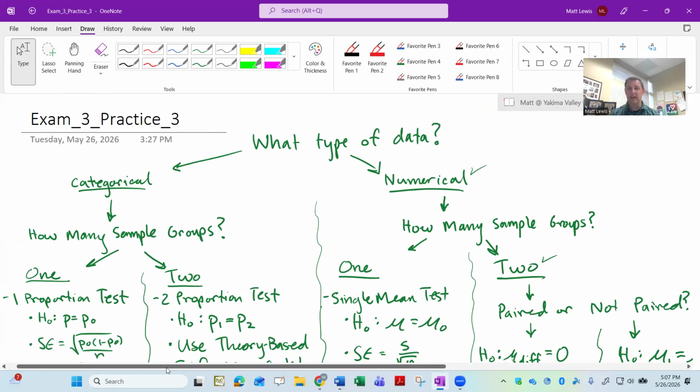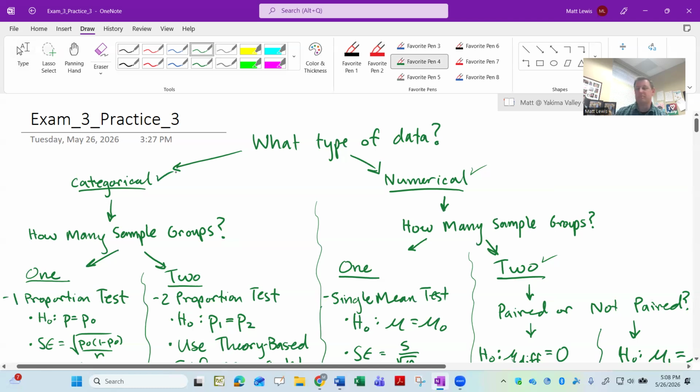So what type of data has been collected? I've got the clipboard. I'm interviewing people, or collecting data on people about poverty. But poverty is a little bit tricky because you might say, aren't you writing down their income or how much money they have? Well, maybe, but ultimately I'm writing down whether or not each person is in poverty, because they gave me a count. This many are in poverty out of everyone that we talked to. So the thing I'm ultimately writing down is yes, poverty, no poverty. So that means it's categorical data.